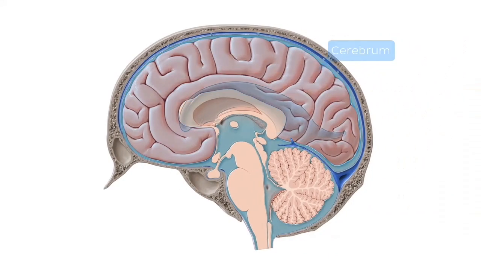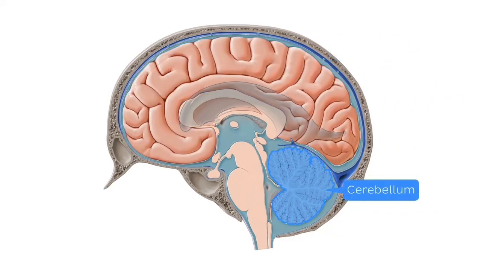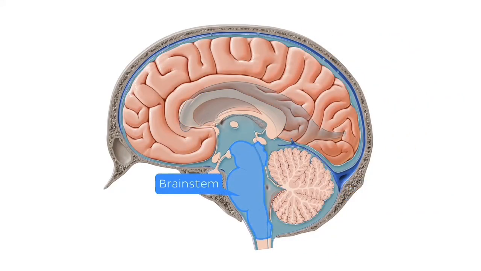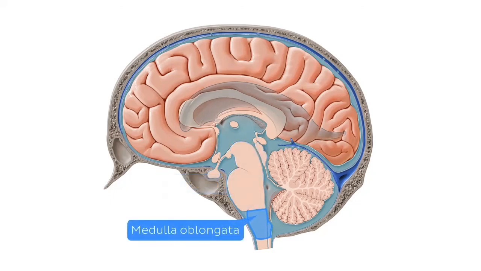The cerebrum, the cerebellum, and almost all of the brainstem are contained within the cranial cavity. The caudal part of the medulla oblongata peeks out the foramen magnum into the vertebral cavity. Okay, so that's it for the anatomy of the cranial cavity. Let's follow that brainstem into our next